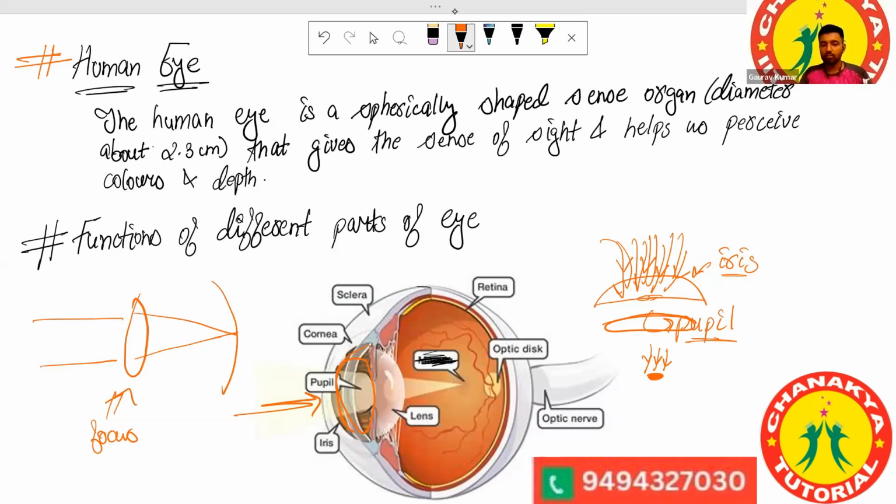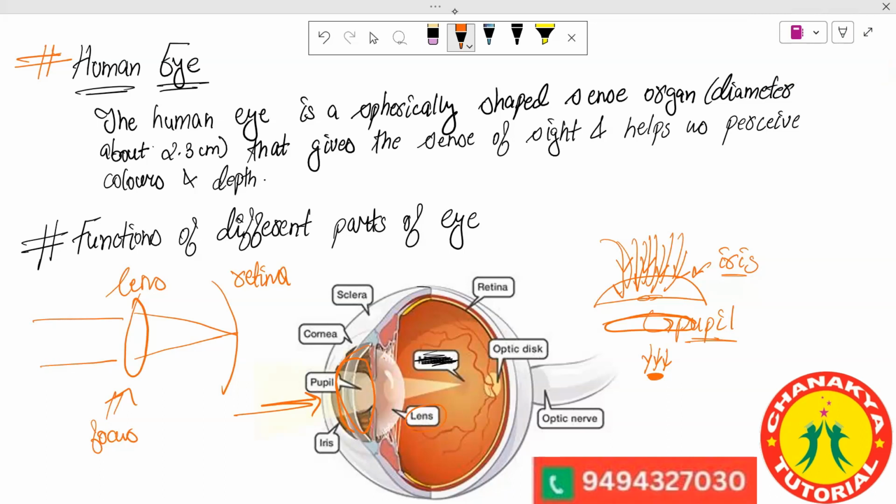So this is a lens. You can see this marking which says lens. This lens focuses the light coming into the eye on the retina. The retina is a screen. Like when we used to see movies projected by a projector, there is a screen at which the image is formed. Likewise, there is a retina. A real image is formed,